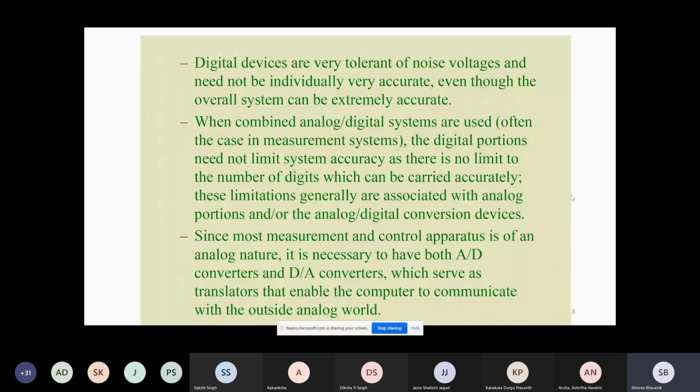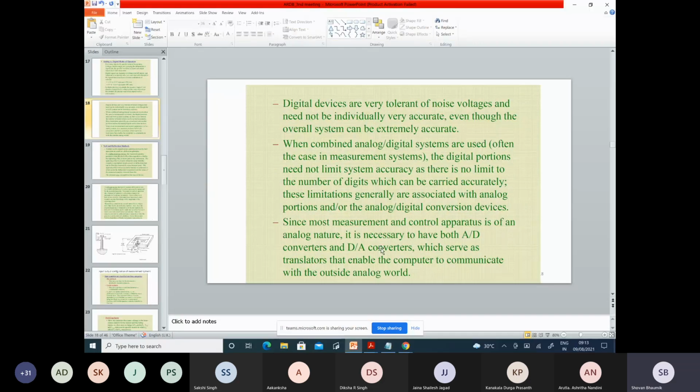Another important thing is that all of you know that nowadays the computer has come in a great way. It is everywhere. So whatever system you build, ultimately you have to interface with a computer. If it is your analog system, you need to use an A to D converter. When you do the A to D converter, from analog to digital we transfer.